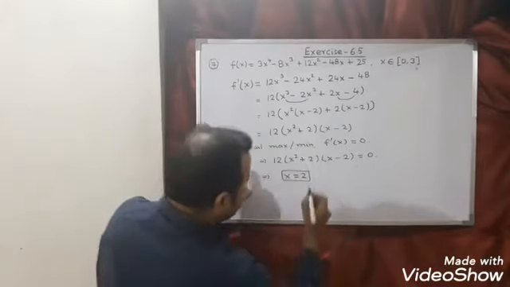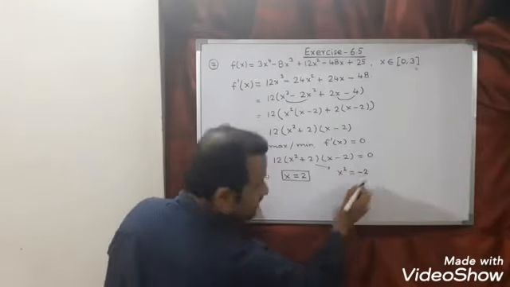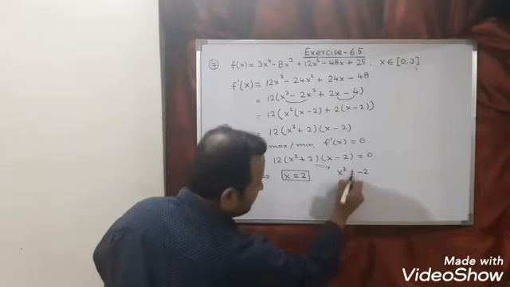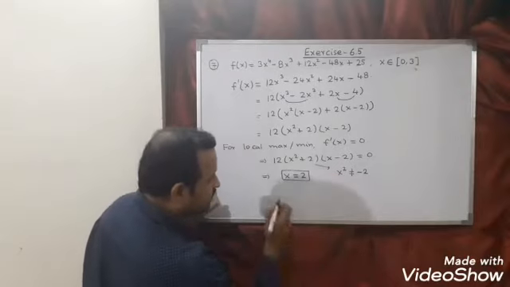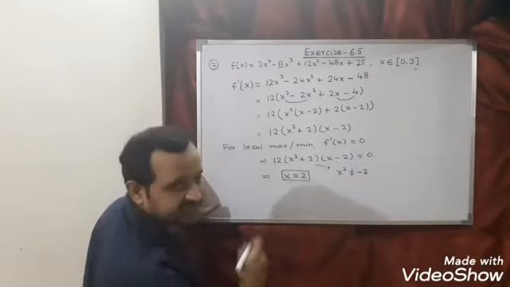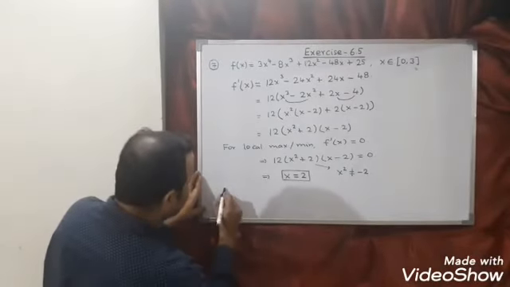Right. You may think that x square is equal to minus 2. But a positive value can never be equal to a negative value. So I can say you cannot find such x. So the only value of x here is x is equal to 2. Next step is what? We have to find the corresponding values.